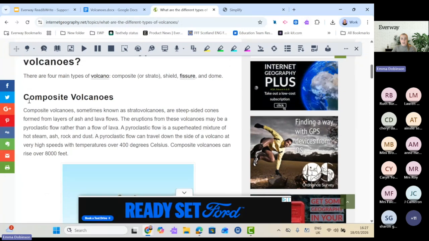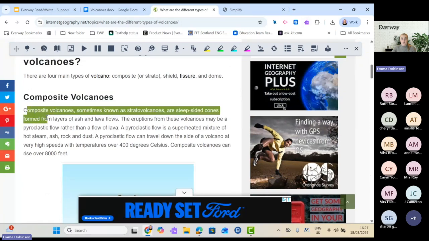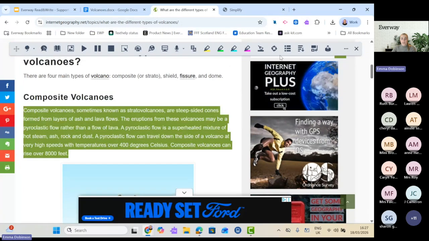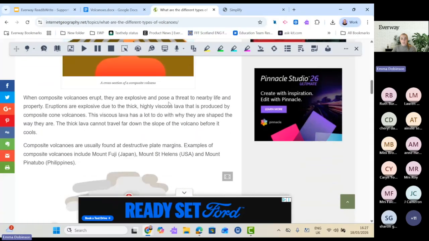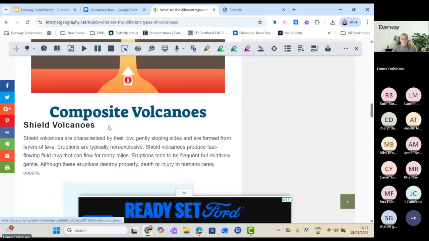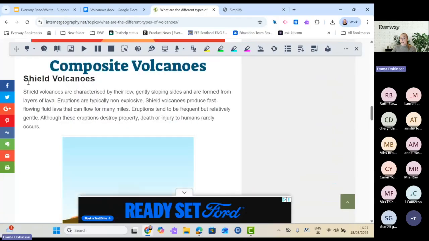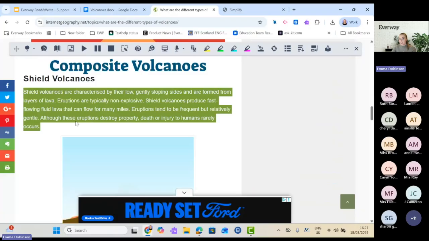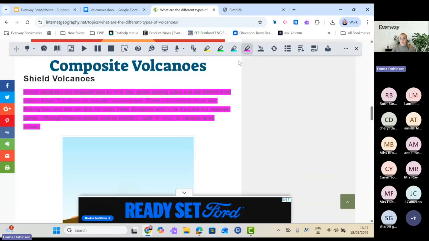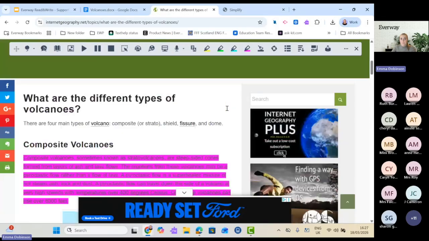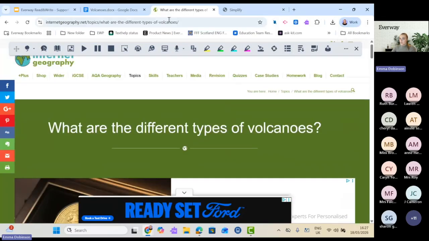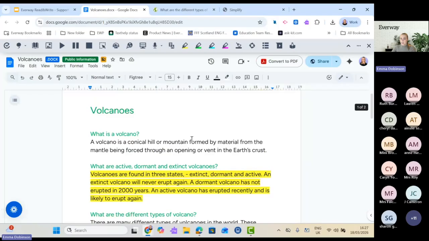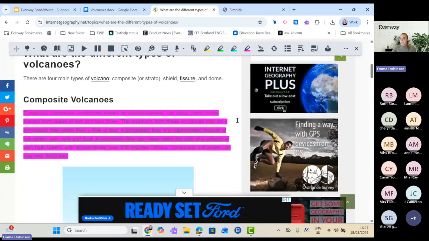But let's highlight a bit more about composite volcanoes, and let's maybe highlight this bit about shield volcanoes, and maybe the student would want to compare it to what came up in the Google Doc. Again, I'll maybe go for pink for that. Okay, now what I can do, so I've made some highlights in this document and I've made some highlights on